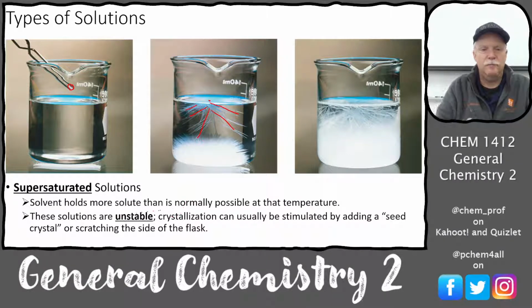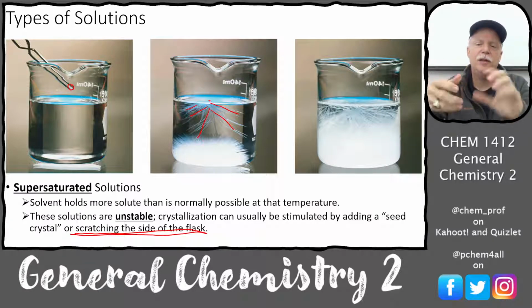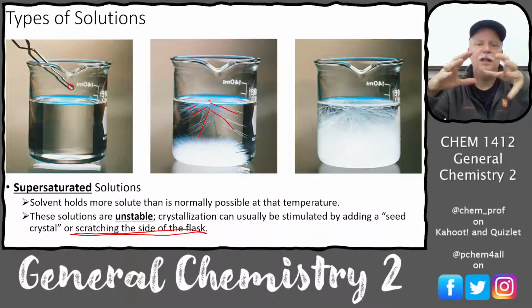And so that's a seed crystal. You can also scratch the side of the flask, and that's a really common thing when you get into organic. When you're recrystallizing something, dissolve it in a small amount of solvent, warm it up so you dissolve it, and then let it cool down, and then you start scratching the side of the beaker, and crystals will start crashing out of solution. So it's just that the vibration of the glass, and then the